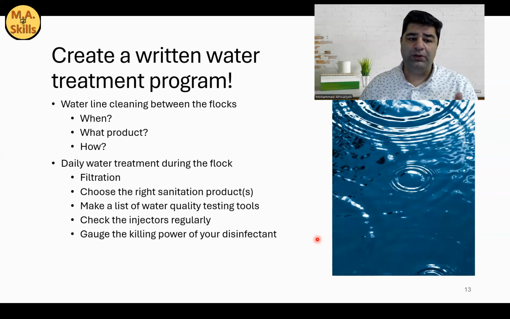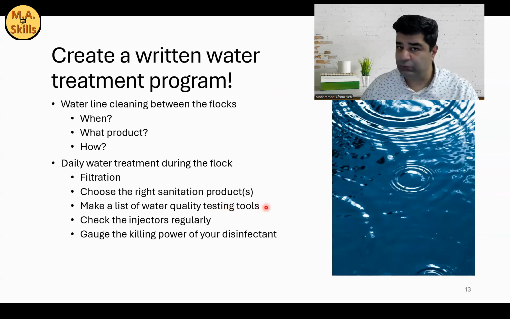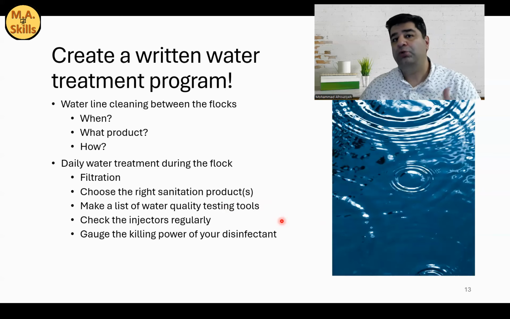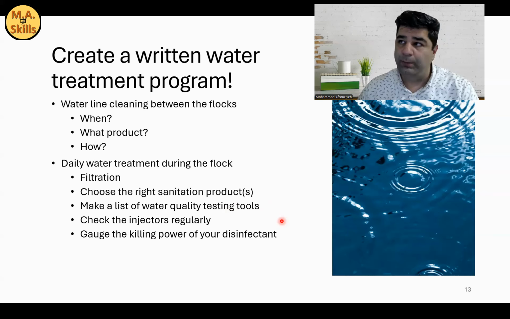And then you are going to choose the right sanitation products. We are going to talk about that in this video, and make a list of water quality testing tools. What tools you are going to use to measure chemical residuals in the water, or measure the physical chemical properties